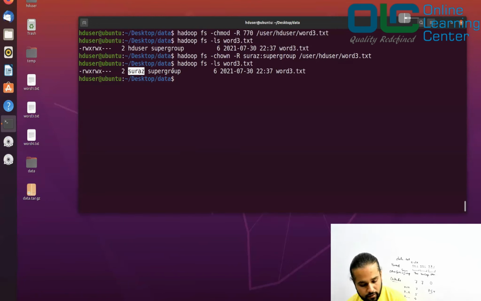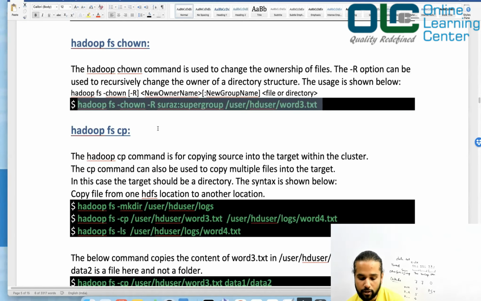And then if Suraj exists, well and good. If Suraj does not exist, then nobody will be able to access this because the owner is somebody else, right? So if you do not have a Suraj owner, then what will happen? This is a permission, but for other people from the same group. Now see here, sduser and Suraj, if you see, they are basically of the same group. That means sduser can also do read, write, and execute because the permission is that, right? So that's how you will be able to set the permissions for your files as well. That's how you'll be able to change your ownership as well as set your permissions, right?